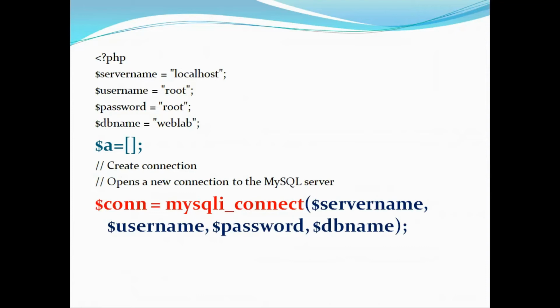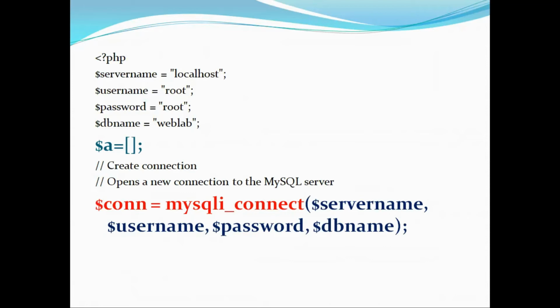Here, try to understand. We are following one algorithm for database access. What do I mean by that? The first thing is we need to connect to the database. After that, handle the connection errors, then execute the SQL query. After that, process the result, and finally free the resources and close the connection. These 5 steps are used in this program. First, we need to establish the connection using the MySQL connect method. After that, we need to handle the errors. If any errors have occurred, we need to handle those errors. After that, executing the SQL query, then obtaining the results, and lastly closing the connection.